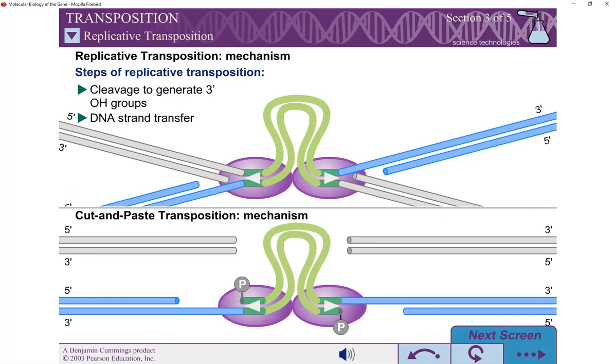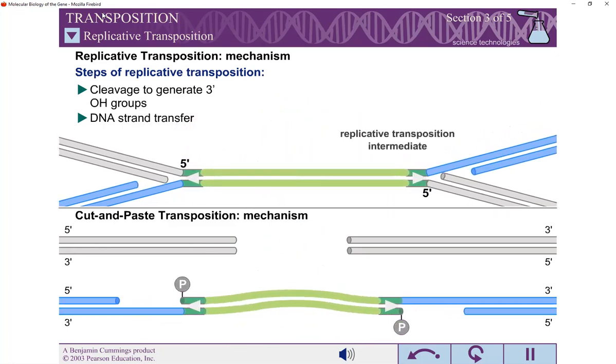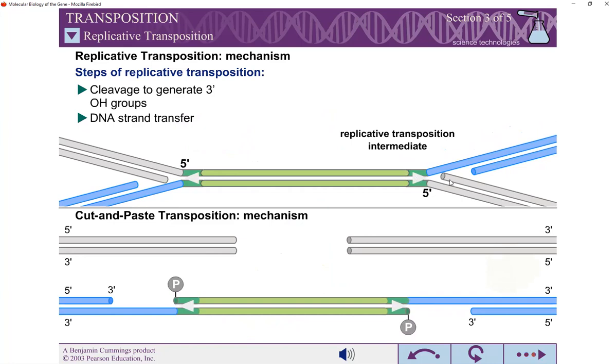Now, moving forward. However, the 5' ends of the transposon sequence remain joined to the initial flanking DNA. The replicative transposition intermediate therefore consists of a doubly branched DNA molecule. Now see this, how the separation is going to take place. This is very simple and this is very complex. Okay, so here, see this, the transposons can also move by replicative mechanisms.